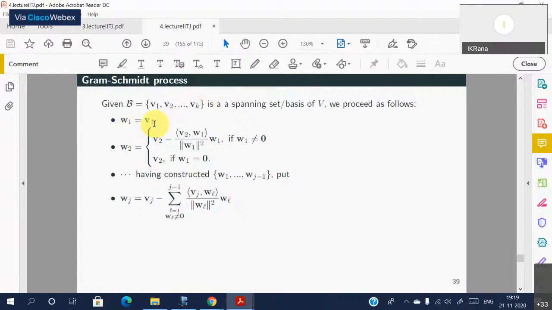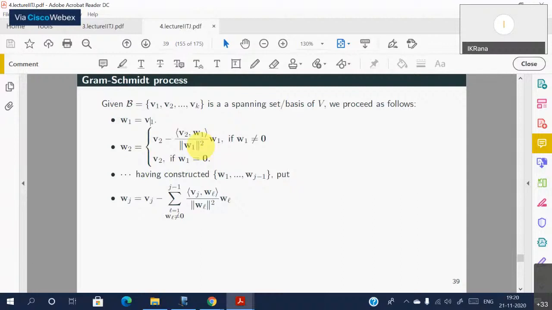Define W1, which is equal to V1, and for W2, what you do is look at V2 minus the inner product of V2 and W1 divided by the norm squared of W1 times W1. This is the projection, right? Remove the projection in the direction of W1, and then you will get a vector W2 which is perpendicular to W1. And because you are removing only a scalar multiple of W1, the span of W1 and W2 will be the same as the span of V1 and V2. If this W1 is 0, then keep V2 as it is,